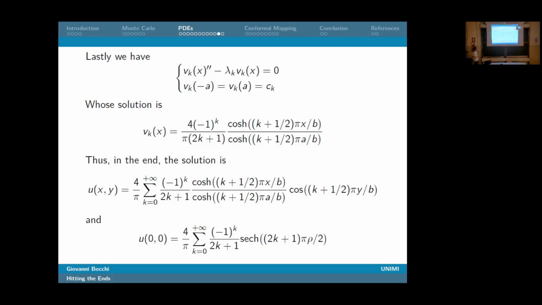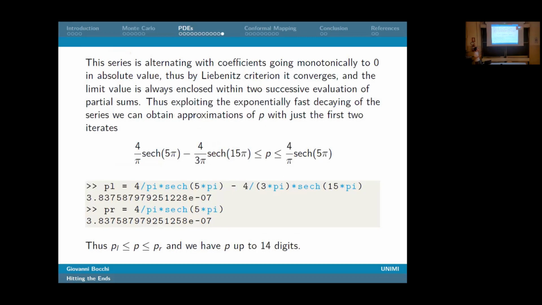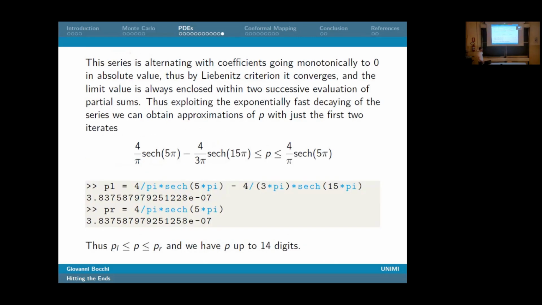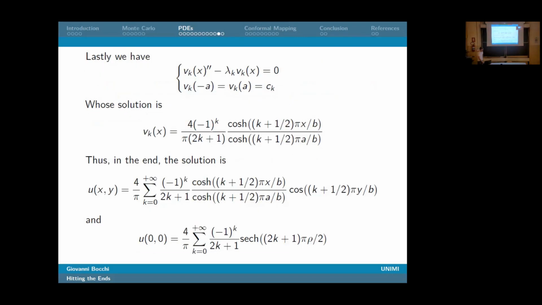So actually this is quite an interesting series because it is alternating with coefficients that monotonically go to 0. So we can apply the Leibniz criterion to say that it converges, but we also know that the limit is always enclosed within two successive evaluations of the partial sums. So now we will exploit the fact that this hyperbolic secant is made of exponentials, so very fast decaying to 0,